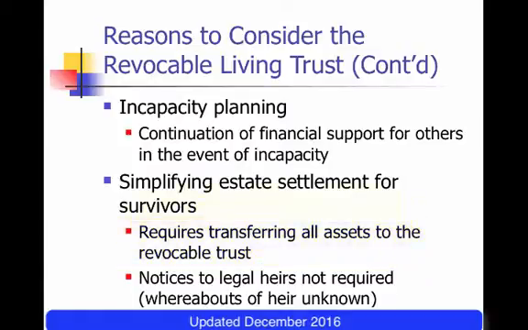Another way that a revocable living trust can make things simpler is that sometimes we've had clients who have children whom they just have no idea where they are. They might have been children from a previous marriage, when they were very, very young, and a messy fact pattern, and the child has just not been a part of the client's life, and nobody knows where the child is. Keep in mind, part of the probate process is sending a notice to that child, and if the child can't be found, that makes it difficult to proceed. So to avoid that type of situation, you might want to avoid probate and have your estate settlement done through